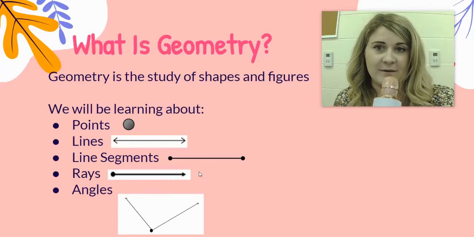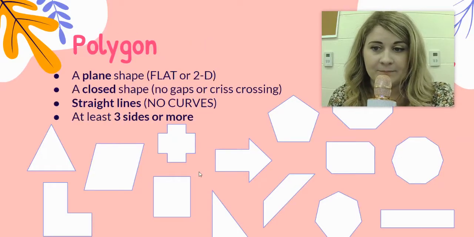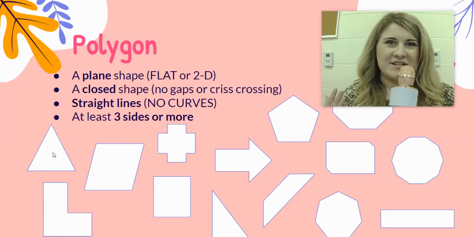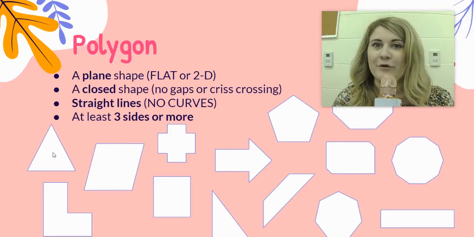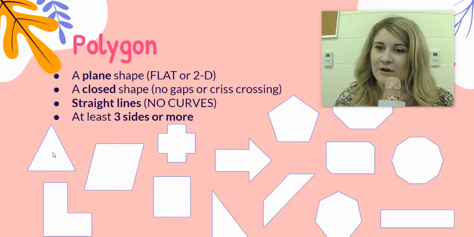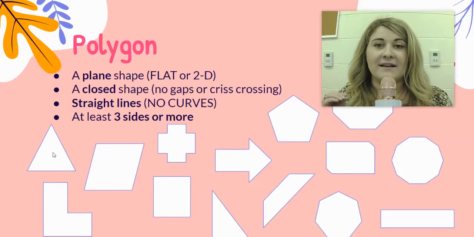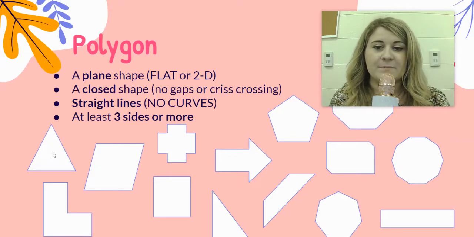Let's go ahead and talk about a triangle. A triangle is considered a polygon. We have one right here. And a polygon is a flat shape that is closed. It has no openings. It has no crisscrosses. It is made up of straight lines, so no curves, no circles, and it has to have at least 3 sides or more. So with a polygon, all of these shapes that are shown right here, we have quadrilaterals, pentagons,